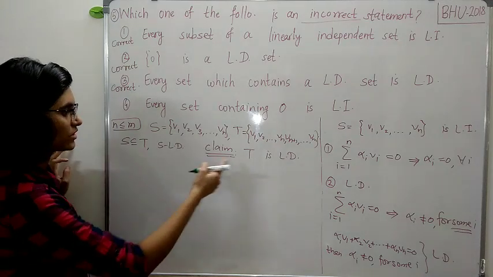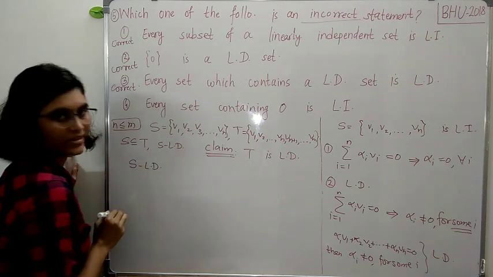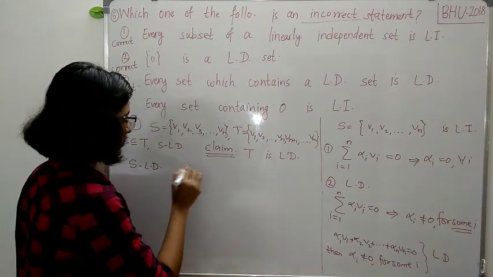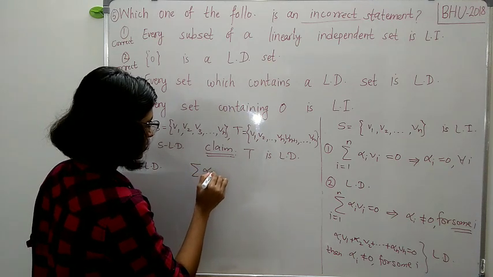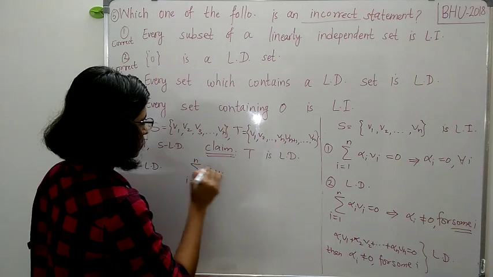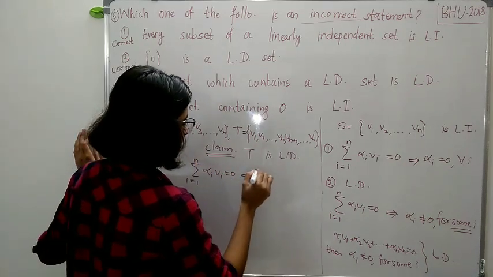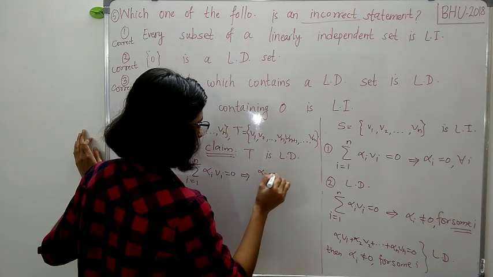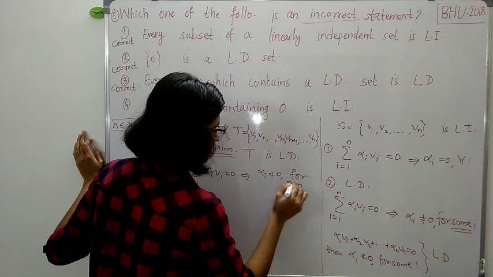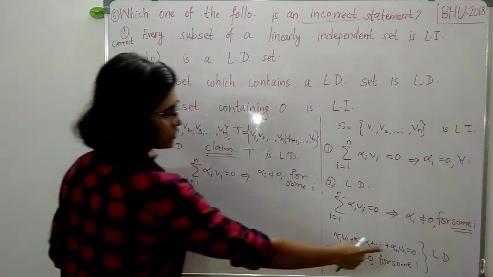Now just note that this S is a linearly dependent set. So this gives us that whenever the linear combination of alpha I Vi, I runs from 1 to n, is equal to 0, this gives us alpha I is not equal to 0 for some I from 1 to n,